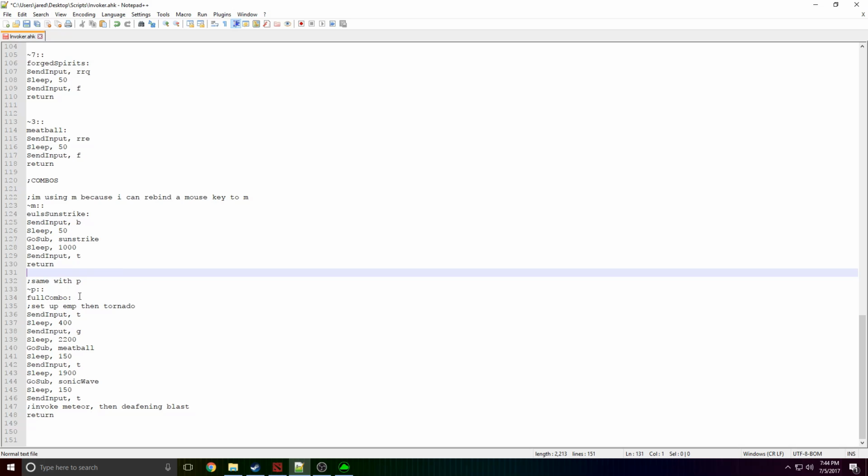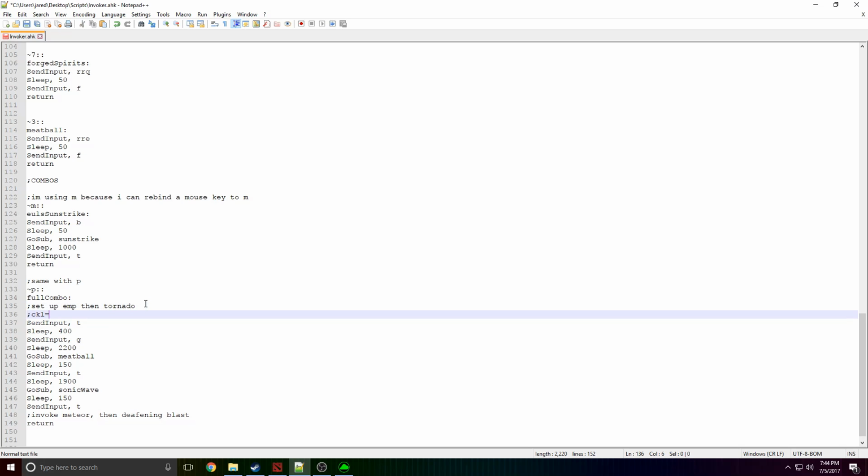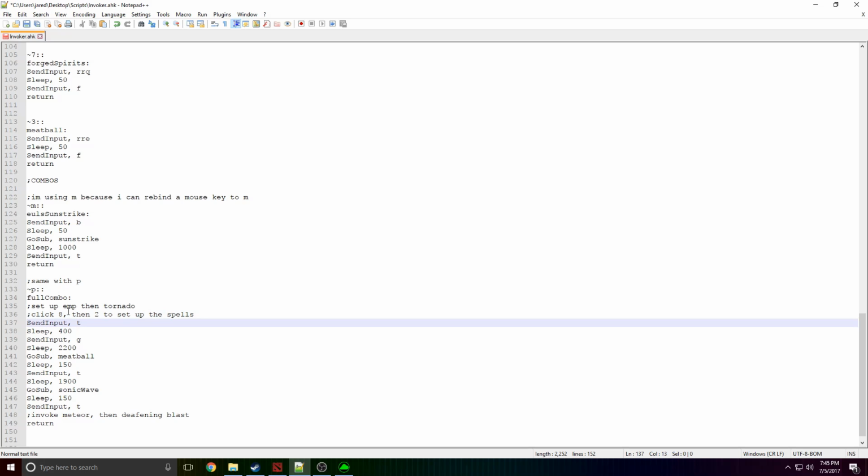And then for the full combo, it's a little trickier. I labeled it full combo. And then you want to set up the EMP and then Tornado beforehand. So click 8 and then click 2. Here, I'm going to make that a note. So make sure I'm not running my script right now. I'm not. Okay. Click 8. Then 2 to set up spells. Right? And then it's going to automatically cast Tornado, then EMP, then it's going to wait 2200,